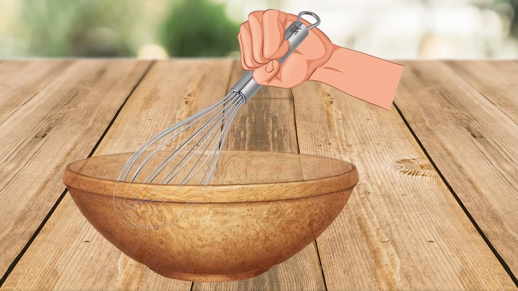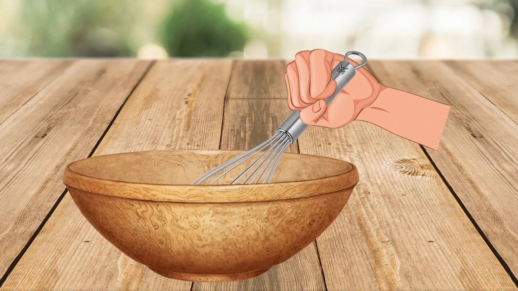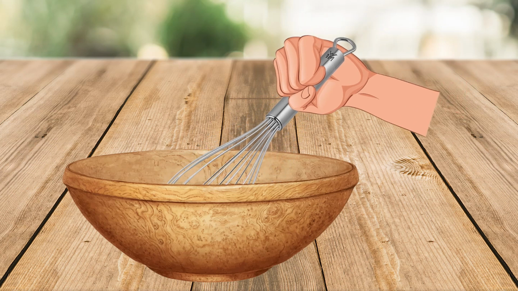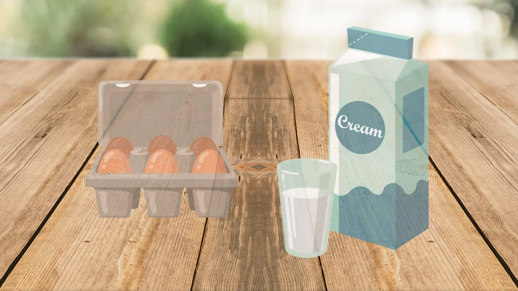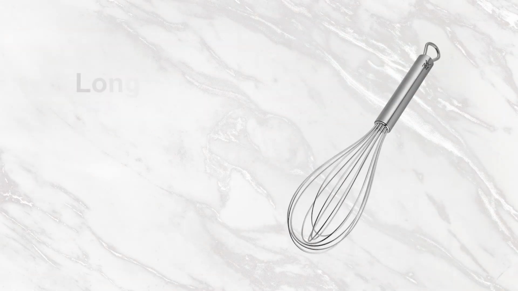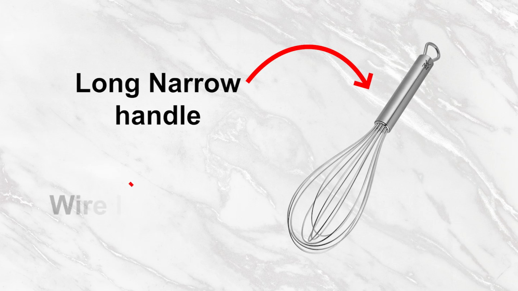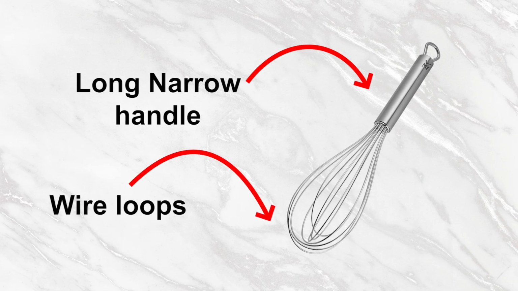Whisk. A whisk is used to blend ingredients smooth or to incorporate air into a mixture in a process known as whisking or whipping. They are mostly used to beat eggs, cream, fold and stir together wet and dry ingredients while making the cake batters. They give volume by aerating foods, especially seen in the cake making. Most whisks consist of a long, narrow handle with a series of wire loops joined at the end.